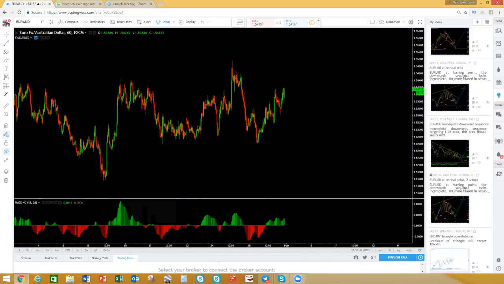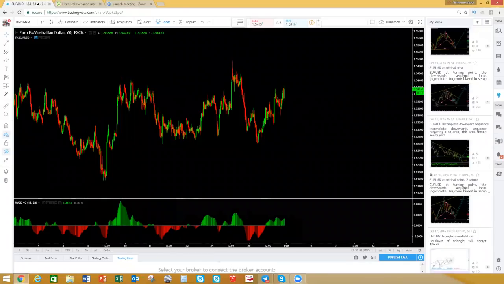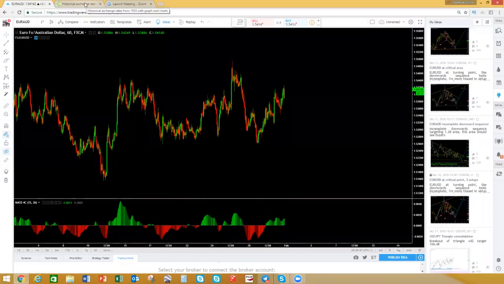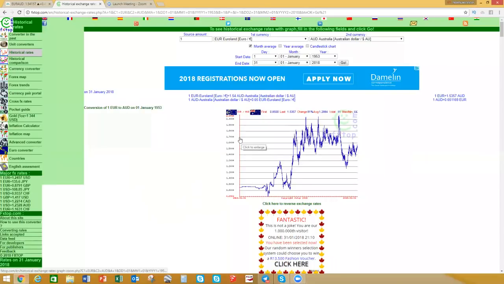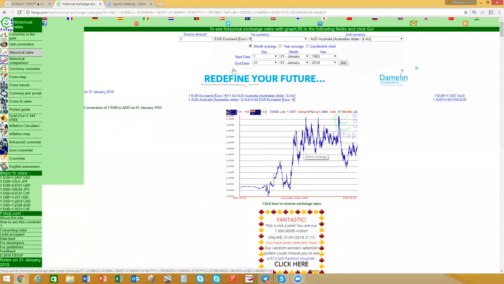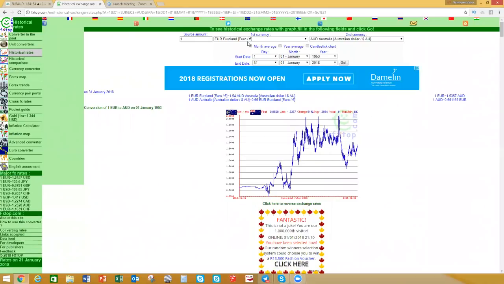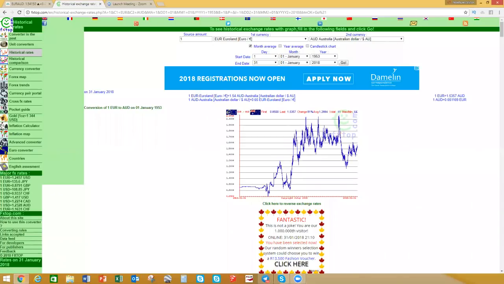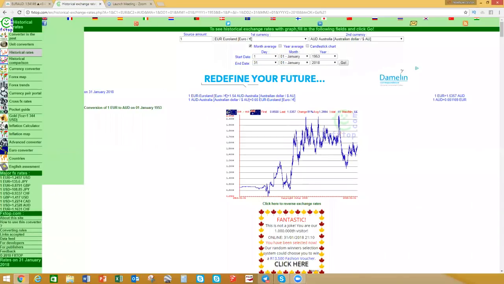The chart of the week is EURAUD that we'll be looking at tonight. As usual, we'll go to the historical exchange rates. I've already selected euro here, that's euro versus the Aussie. If we show that with a blue color, you can see this is FX top, the historical data